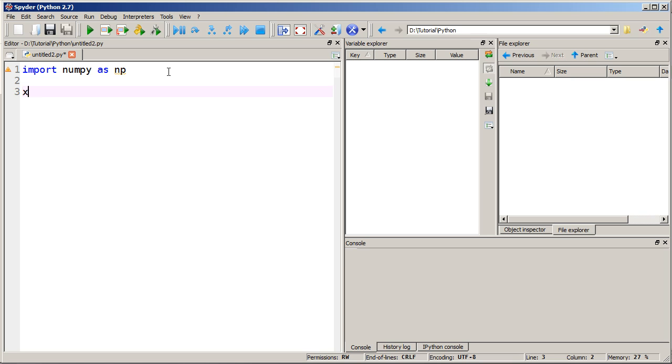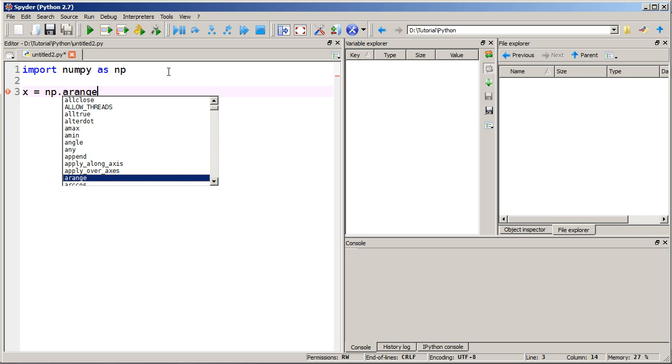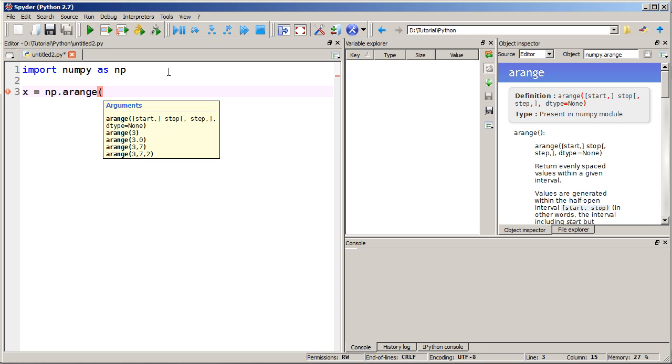So we're going to say that x equals np. Now this refers to our package NumPy, and we're going to use a function inside this called arange. When I open that bracket here, I get a little description on the right which tells me how to use this particular method. So I want to put in a start range, a stop range, and a step. So I'm going to go from 0 to 1 in a step size of 0.01,